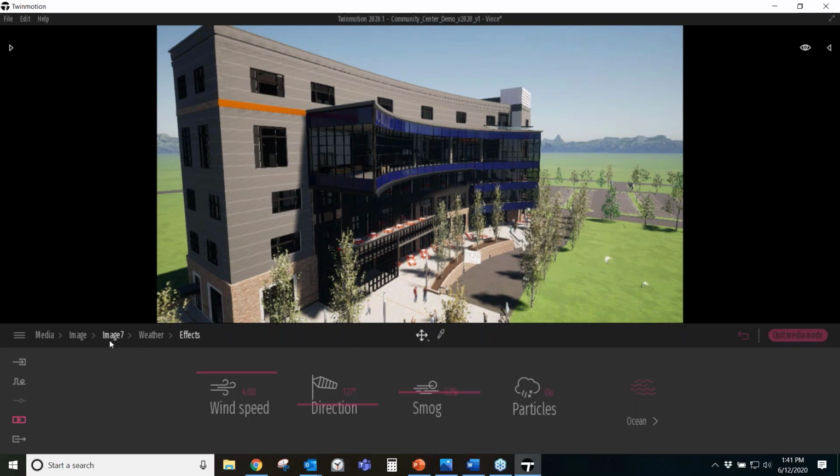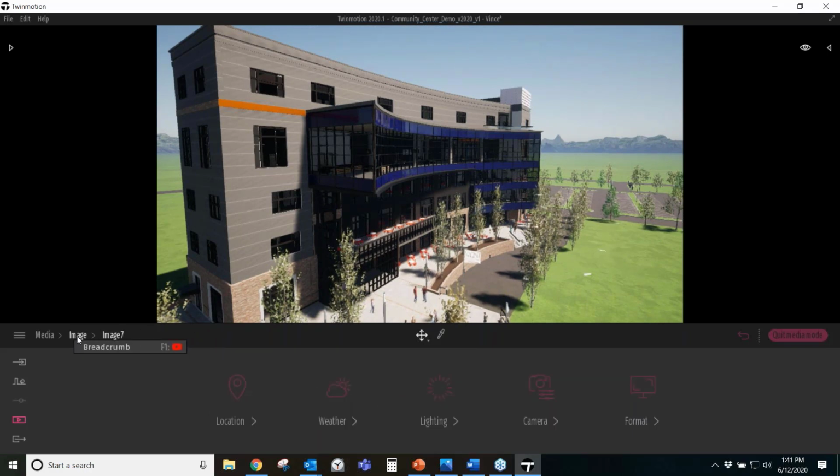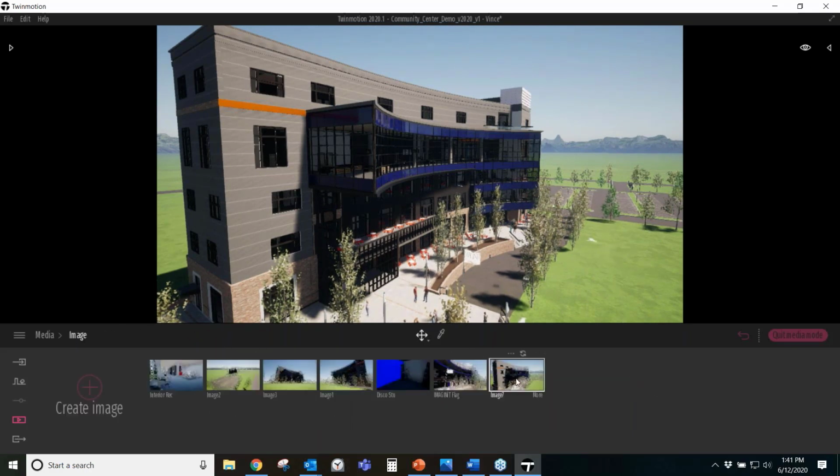But all of those settings that I just adjusted only save to this image. So you could have different variations. All of your images and all of the settings that you can control can exist within this one file. You don't have to have multiple scenes set up with different weather conditions. You can build all of them into this one project, which is awesome. And once you have these images saved,